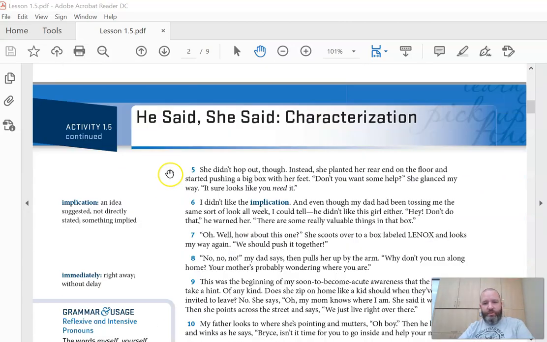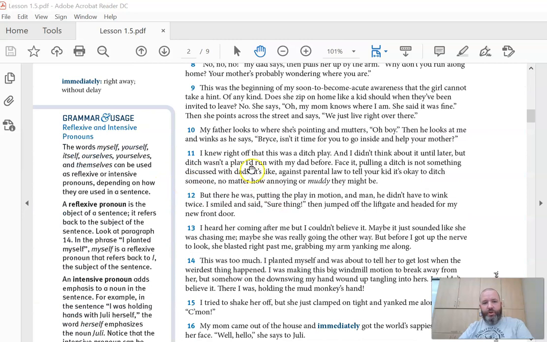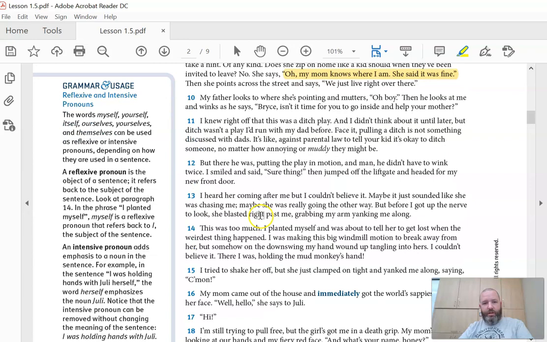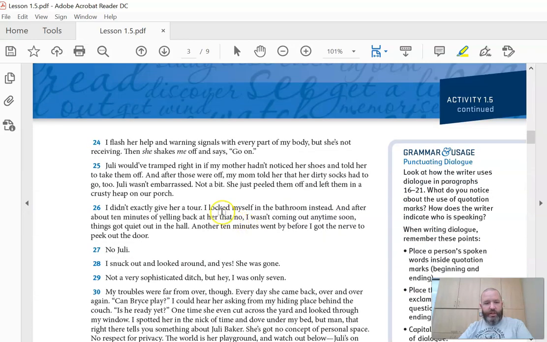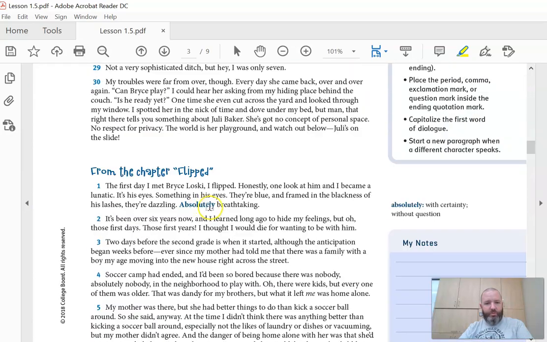Okay, so you'll notice there's the story. So remember, as you're going through, let's say you find a piece of dialogue, you can just click on the highlight, and you can just highlight it right there. That's a pretty cool feature. So make sure you're using that. It's even easier than underlining in your book if we had this in paper and pencil.